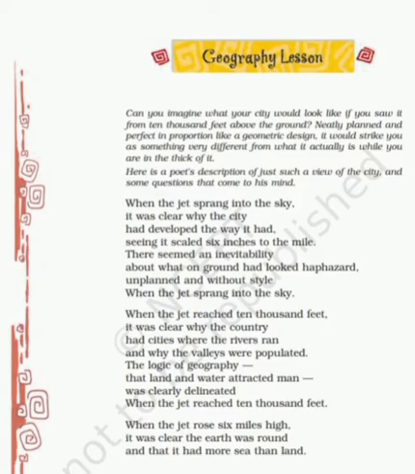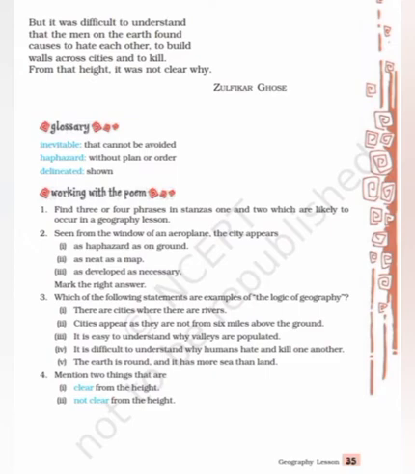When the jet rose 6 miles high, it was clear that the earth was round and that it had more sea than land. But it was difficult to understand that the men on the earth found causes to hate each other, to build walls across cities, and to kill from that height. It was not clear why. Zulfikar Ghose. Students, when the plane rises still higher, that is 6 miles up, the poet says it was clear